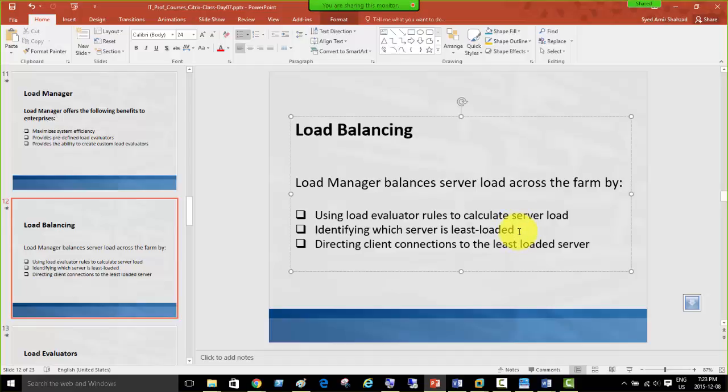But how does it know that? There are predefined thresholds inside the load evaluators that feed information to the data collector, and then it decides that okay, this server does not have that much load. Let's redirect all the new users connecting to that one. Directing client connections to the least loaded server is the main purpose of this load manager, so we can